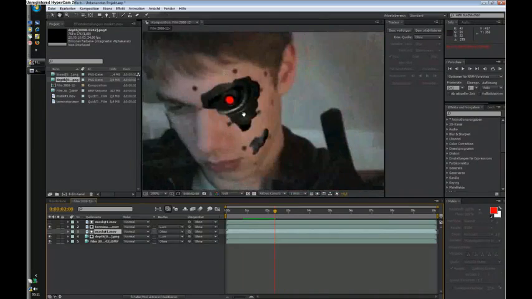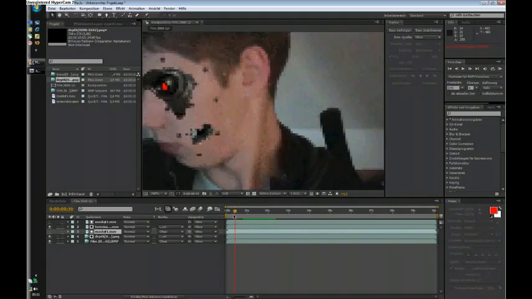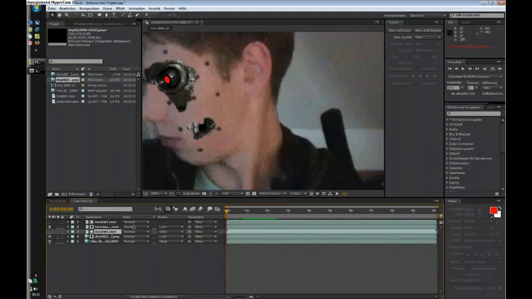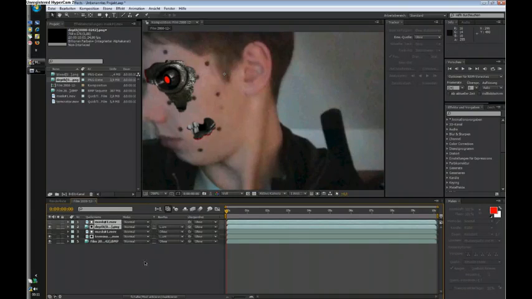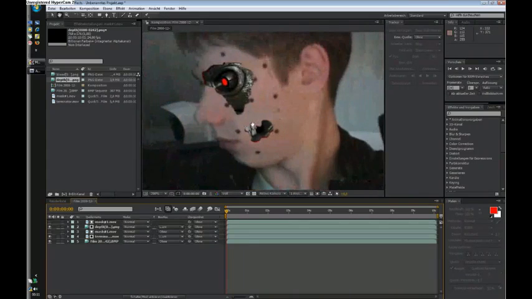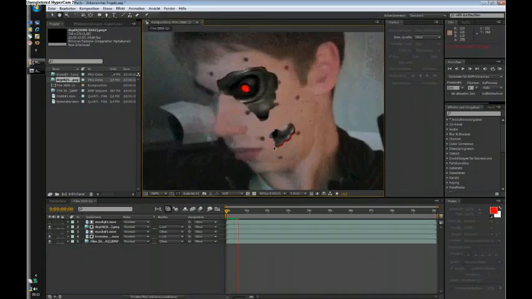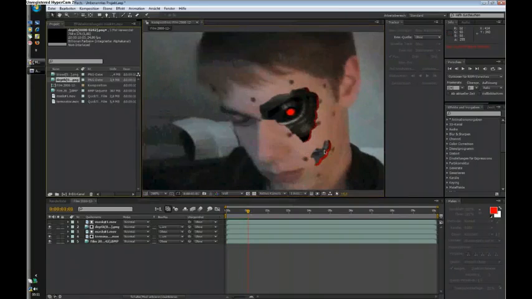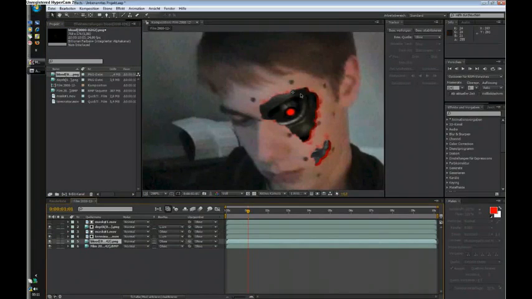Okay, to see more of this nice effect, we may need to drag it above the other elements, so select both of them and drag them above everything else. Okay, as you can see now, we're able to see pretty good our nice effect. It's looking really nice here. Okay, now drag the blood below everything else. But as you can see now, it's a little bit too bright here,